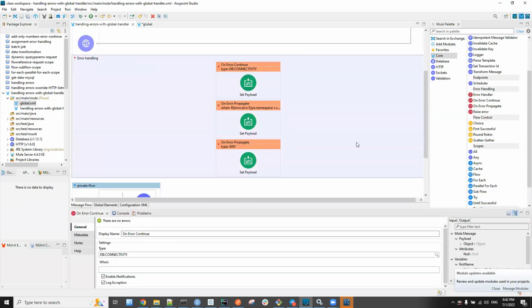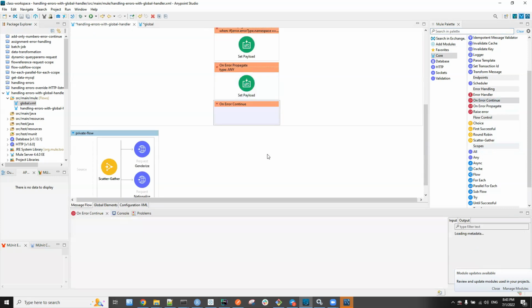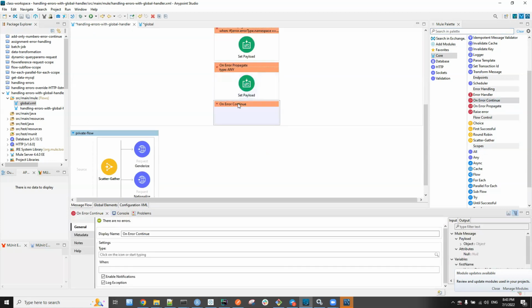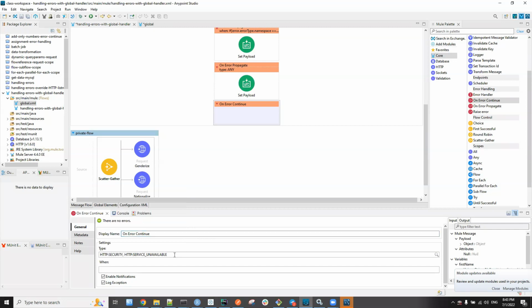Let's say, for example, let me drag and drop one in here. Like, for example, let's say if I want to handle HTTP security and HTTP service unavailable, it puts them like this. Then from here I can copy it.